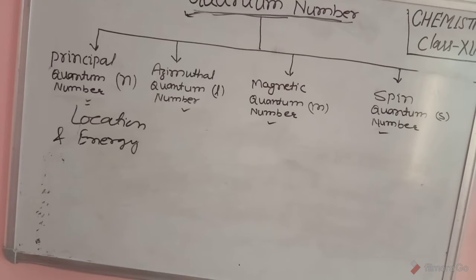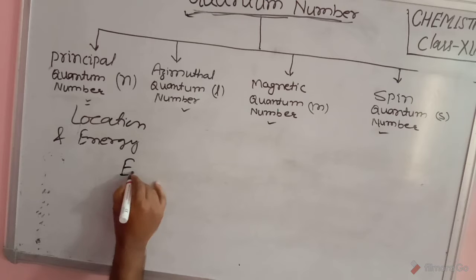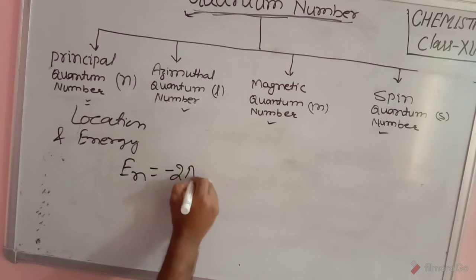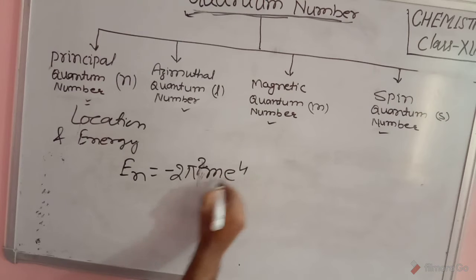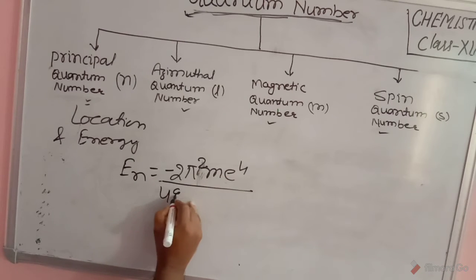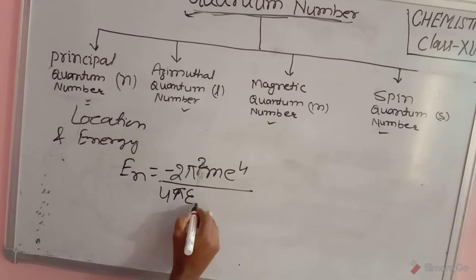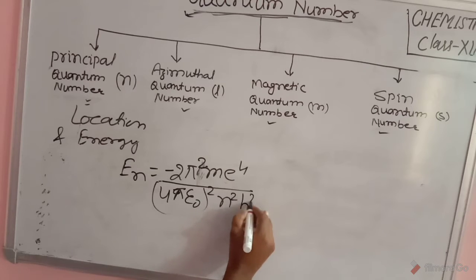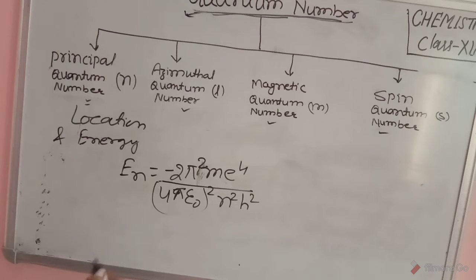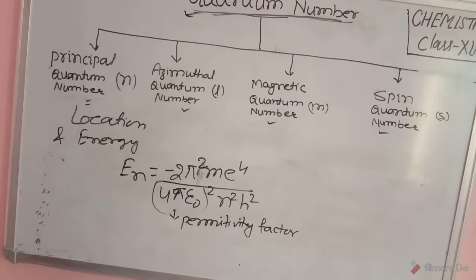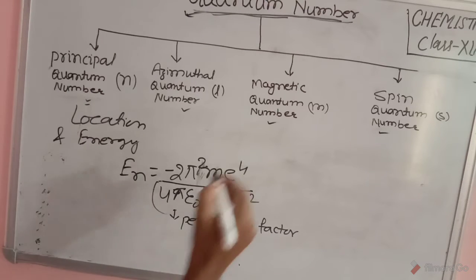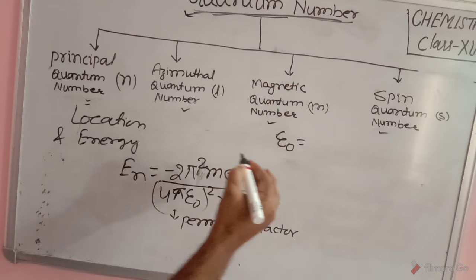The energy of an electron and its distance from the nucleus for hydrogen atoms, En, is calculated as En is equal to minus 2 pi square m e to the power 4 by (4 pi epsilon naught) whole square n square h square, where 4 pi epsilon naught is the permittivity factor, and that is epsilon naught. The value of epsilon naught is